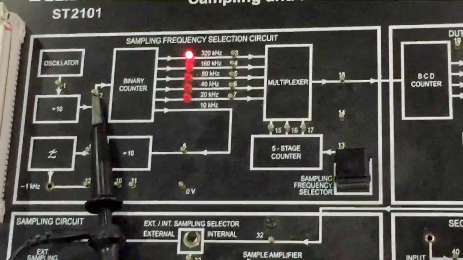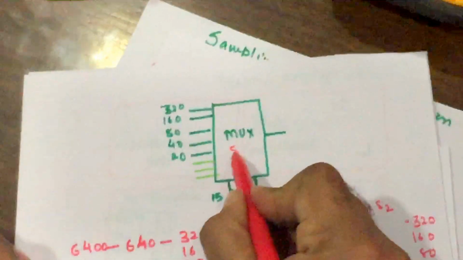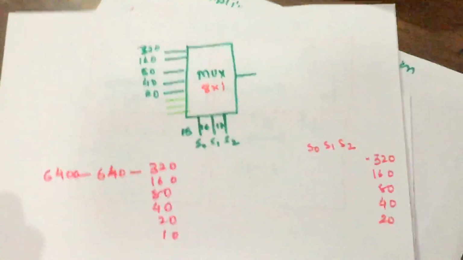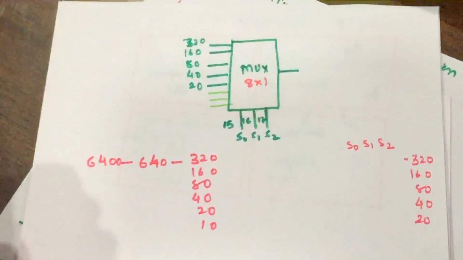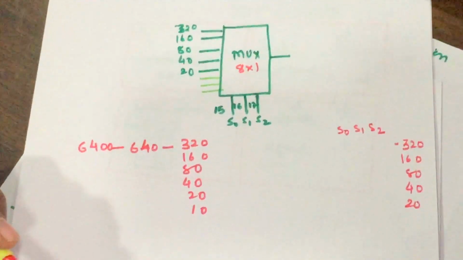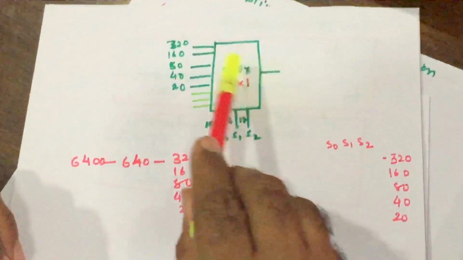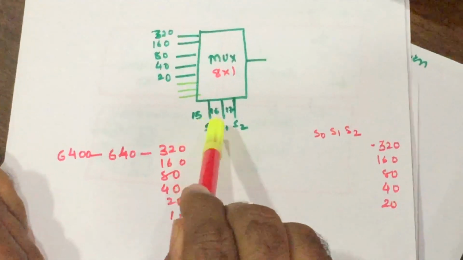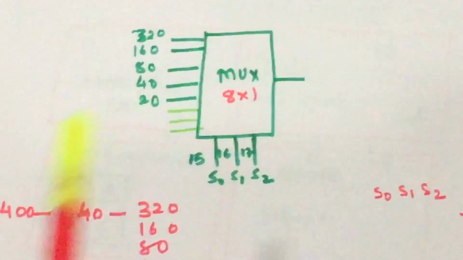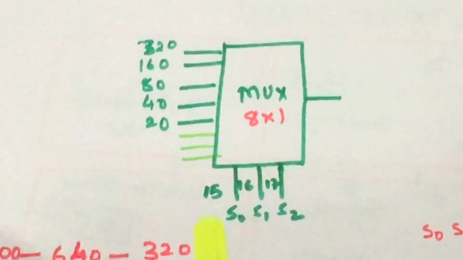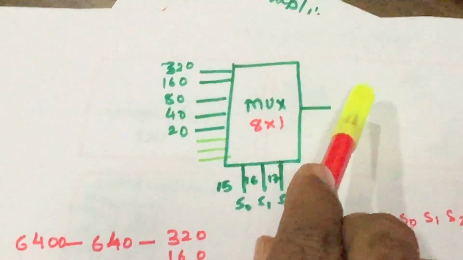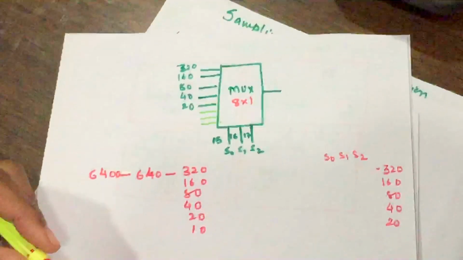The second application of digital electronics the student can understand here is the multiplexer. So we know the multiplexer. Here we will use an 8x1 multiplexer, in which we have 8 inputs, and at a time we can get one output. To select the input we have the selector switches S0, S1, S2, and by selecting a particular option our input will be available at the output point.